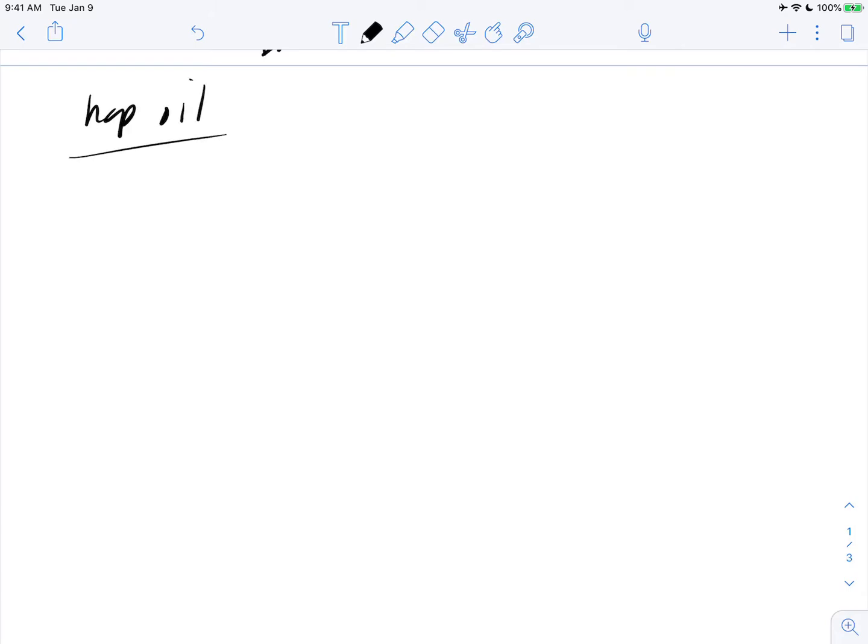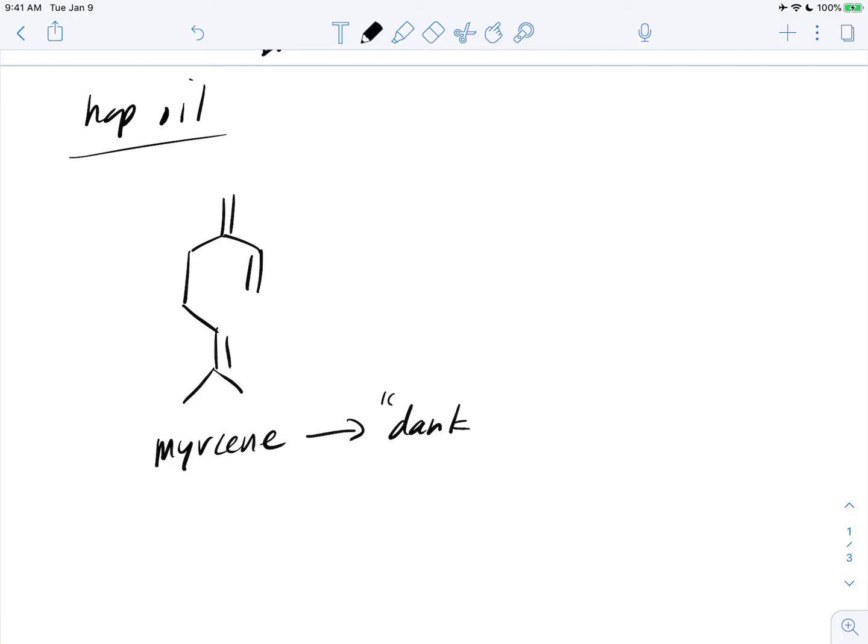One example that I think is interesting is there is a hop oil, one of the 300, named Myrcene. Myrcene is going to look like this. So this is where we can practice our line structures. So this little happy molecule is Myrcene. Myrcene gives you a very dank aroma